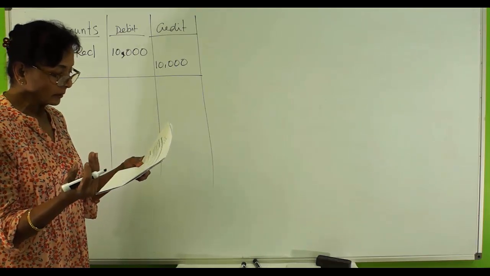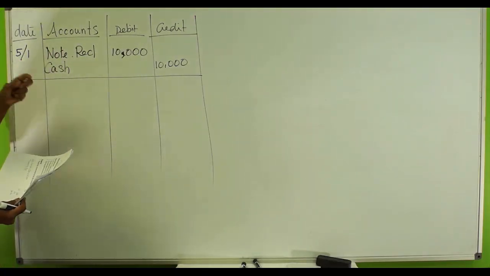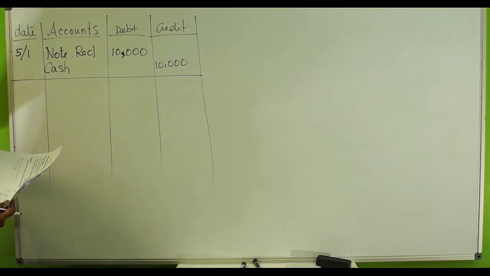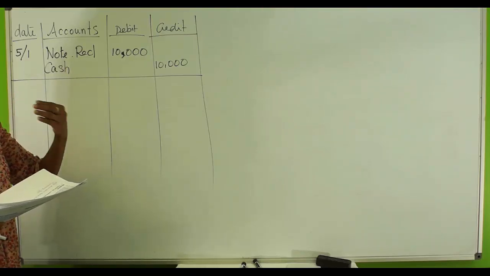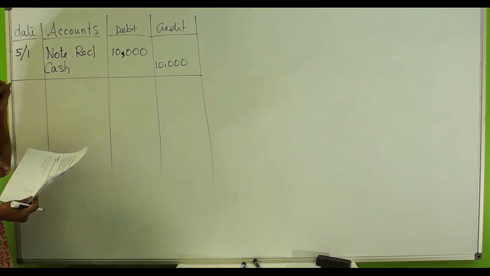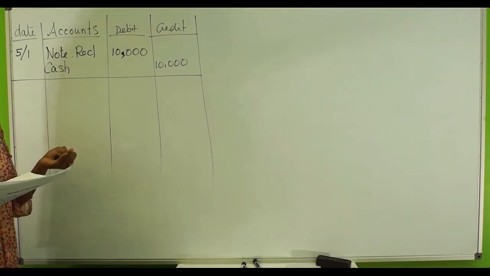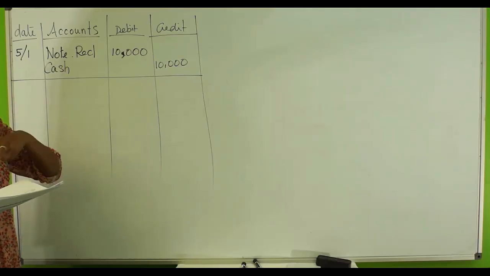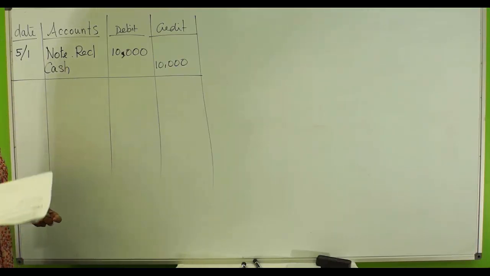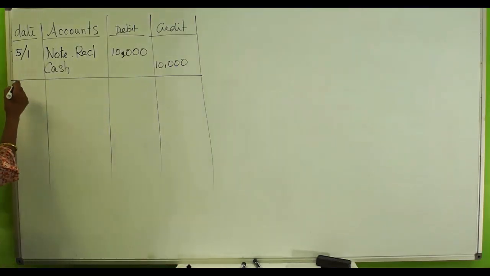Now what happens between May 1st and October 1st is that the quarterly accounting periods are ending. One is on June 30, the end of the second quarter. Another one is on September 30, the end of the third quarter. So the company has to accrue the interest. Remember, an adjusting entry is needed to enter the accrued interest revenue. So on June 30,